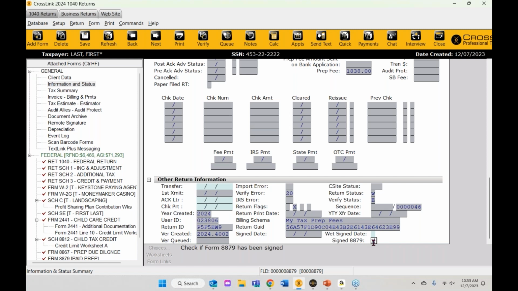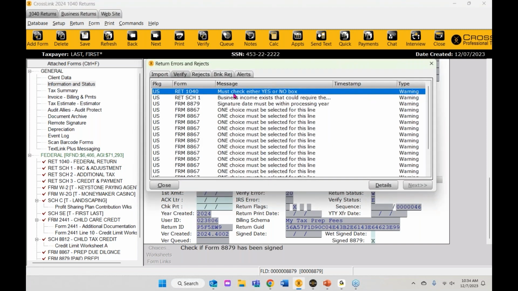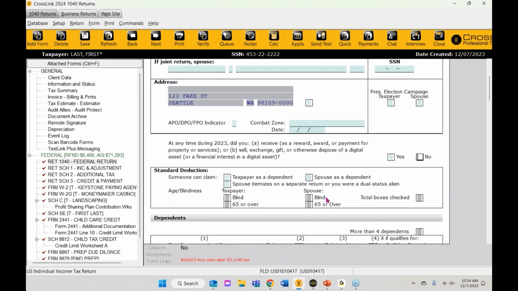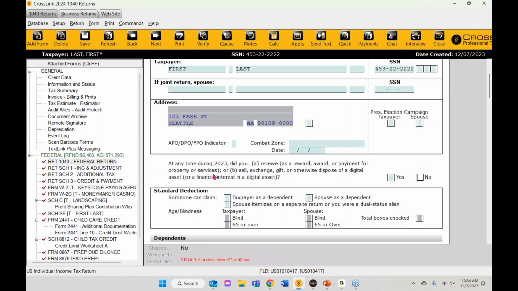Now that said, you do have to be careful. We don't want to impede on IRS regulations, especially. Let's take a look at some of these errors, and we'll have an example of one of these fields. Let's take a look at this 1040. Here's maybe another one. We're on the 1040. It has to do with